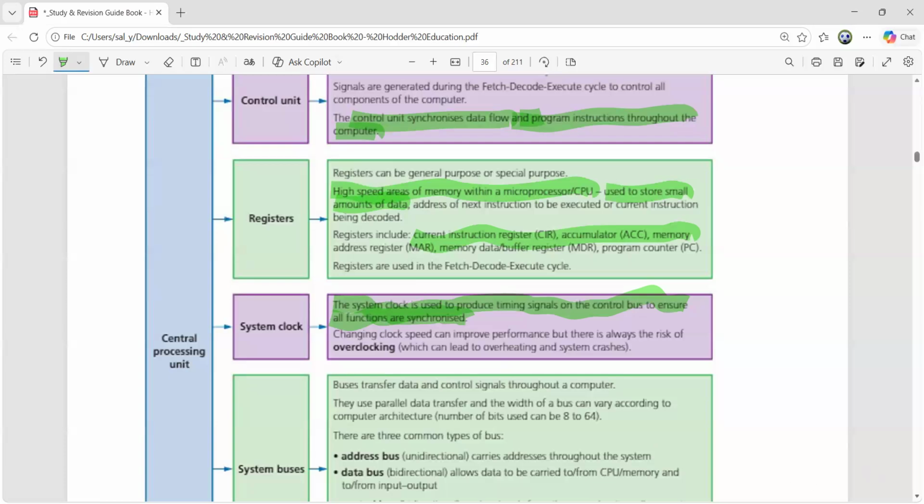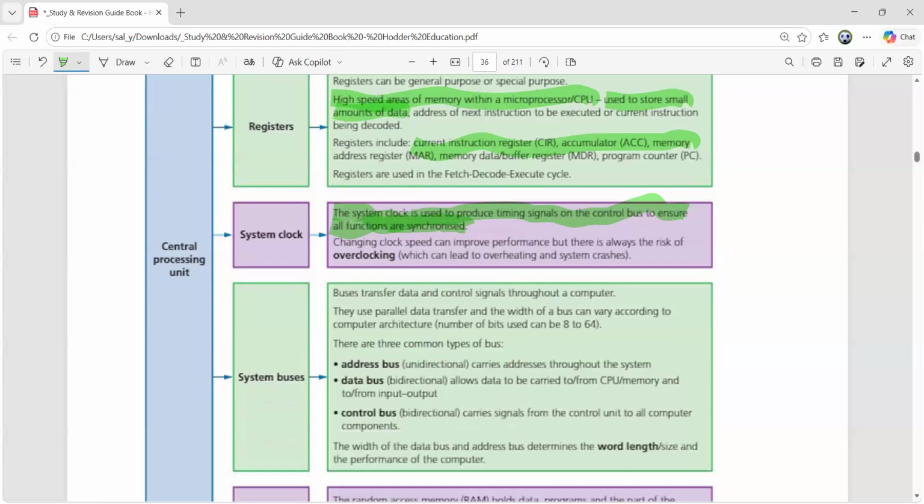Then we have to talk about the buses. And what are buses? Simple. Buses are the wires. And these wires are there to transfer the data, or the addresses, or the control signals. With respect to this, one more important thing about the buses is their parallel data. If a question comes in the paper from chapter number 2, we talked about parallel transmission and serial transmission. With parallel transmission, you can even mention the buses. And parallel transfer means faster transmission.